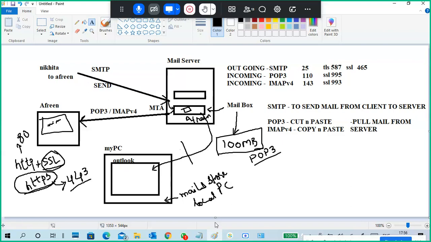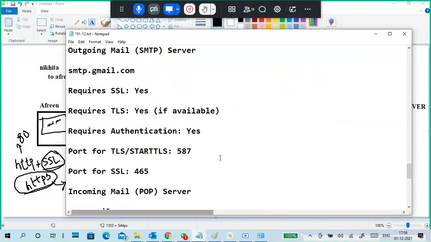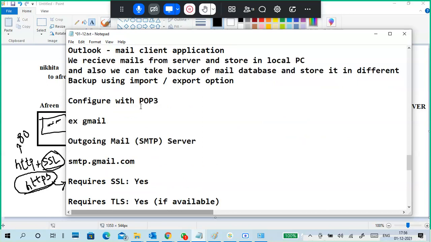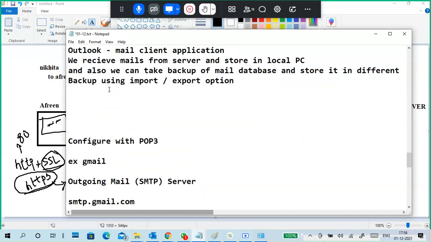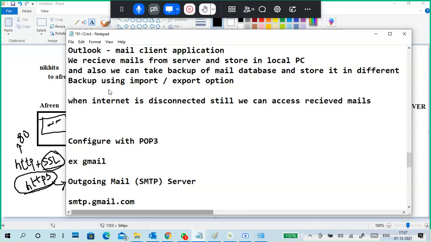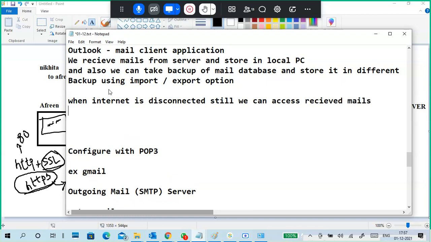Even when the internet is down or disconnected, you can still access received mails, and we can compose mails for sending.